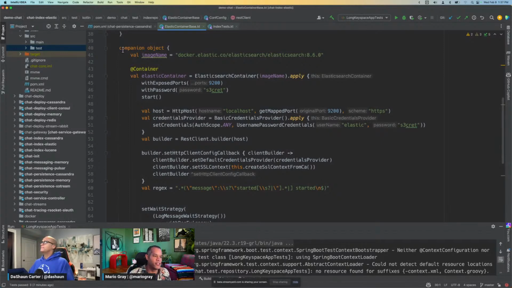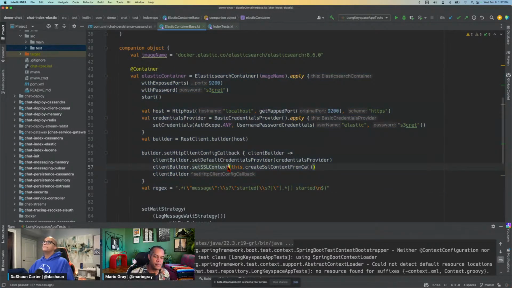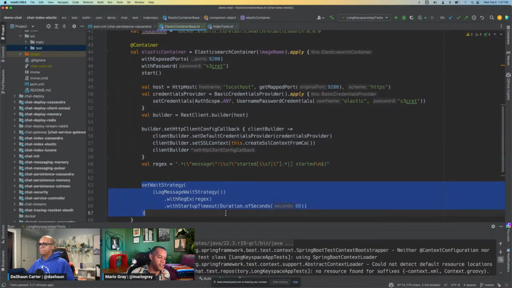So in Kotlin, just create a static inner class and then start your container using the @Container annotation. And if you notice, we have this wait strategy. This is the most important thing of Test Containers. I probably shouldn't stress this enough. But having a wait strategy and saying, hey, don't let anything happen until this guy is up is important, because